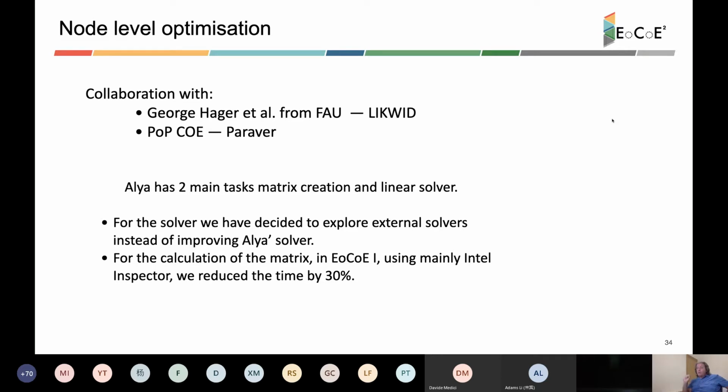I want to mention that we work mainly on the assembly of the matrix, as I mentioned before. For the linear algebra part, for the solution of the system, in this case the pressure, because we are working with an explicit solution for the momentum. We prefer to resort to external solvers because we have found that they are faster than what we had in